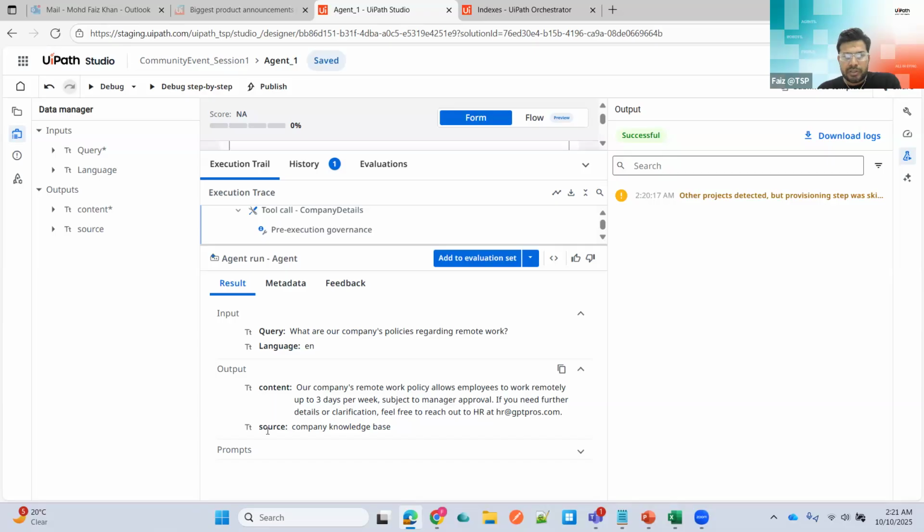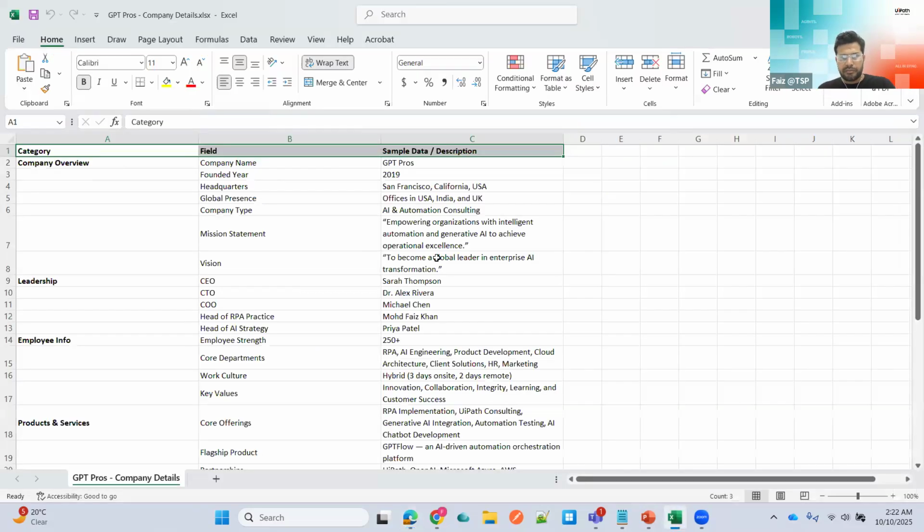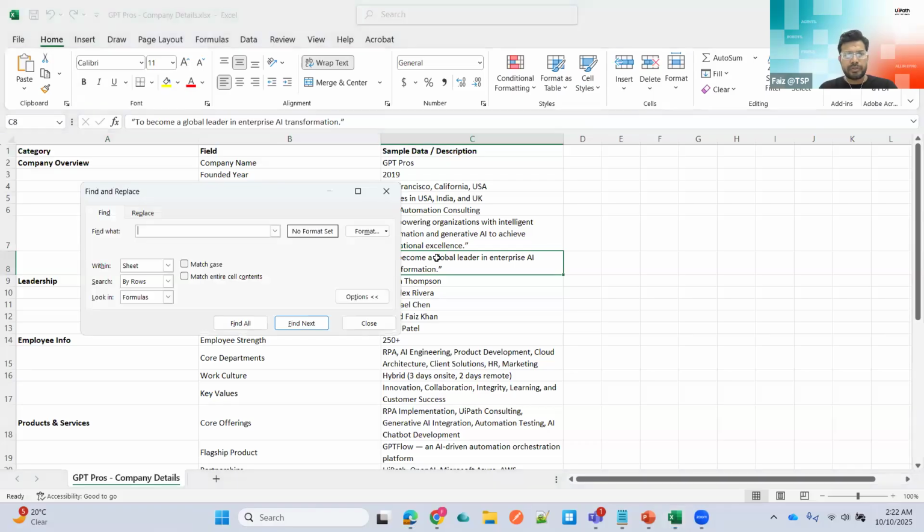And you can see the source here. So we have created two variables, that is the content and source. Content is coming from the company knowledge base. The company knowledge base is nothing but the input file we have created, that is an Excel file. So the same content we can try to search here. If I search company remote work,